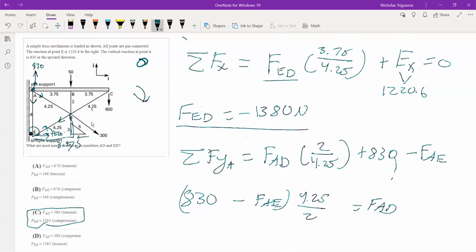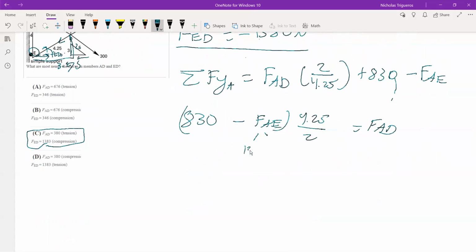You can do some Pythagorean theorem to figure that out. All right, okay, I got it. I did the wrong calculation. It's two, isn't it? Yeah. 2. So FAE is going to be